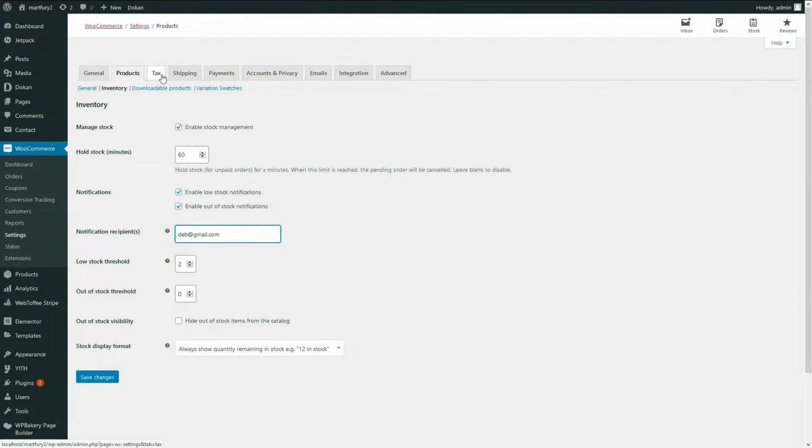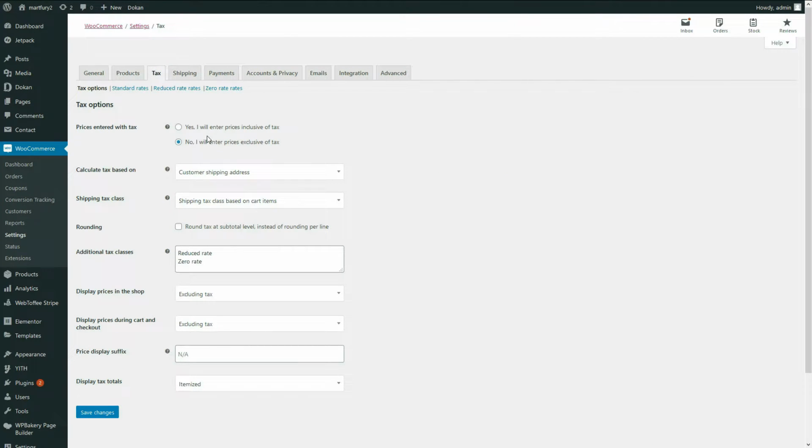After that, click on the Tax option. After coming here, you have to add the tax class. In your country, if the tax is known as VAT or tax, you can type that, but in my country the tax is known as GST, so I am writing GST here. Suppose you are selling shoes and big furniture also, and for the shoes maybe the GST will be 10%, so I am taking a class as GST 10, and for the big furniture maybe the GST will be something like 18%, so I am taking another class as GST 18. After that, click on save changes.